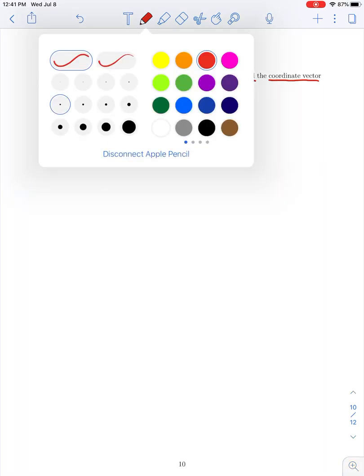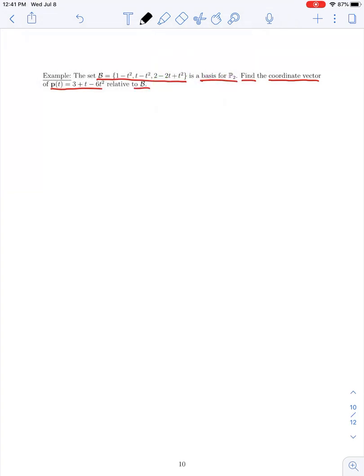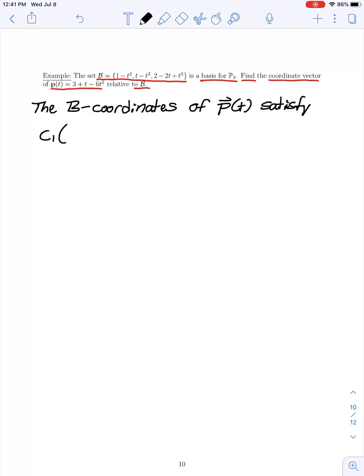So just like we did in our examples earlier in this section, the basis coordinates of this polynomial p of t satisfy the following equation. If we take the first coordinate, let's call it c1, times our first